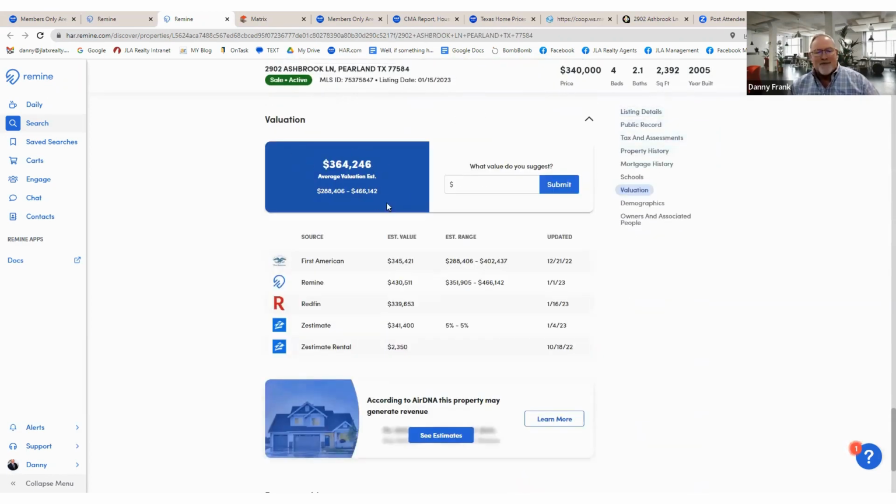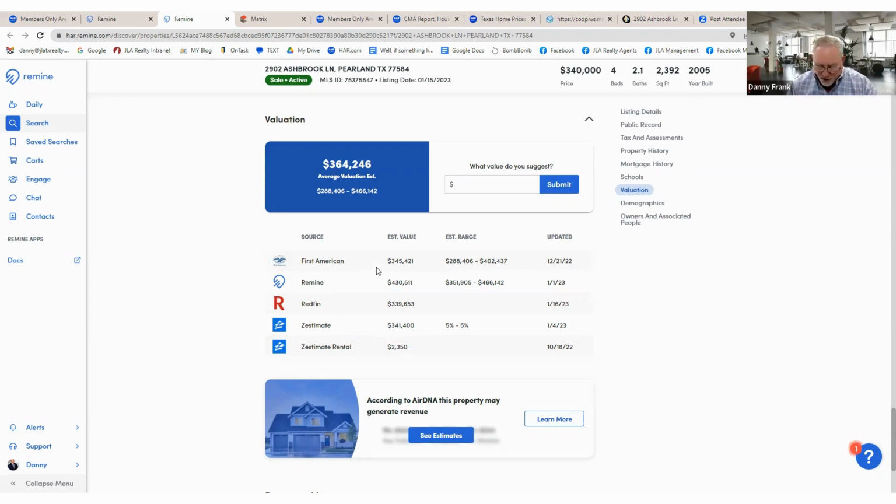So it came up with this average right there. But I'm trying to come up with my own average, so I don't want to use somebody else's average. So what I'm going to suggest that you do is really not pay much attention to that average, unless it's just a one-stop shop, you go in there and look, it'll give you a great average. That's a given. So let's look at these numbers here: First American, Remine, Redfin, and Zestimate. We already have a Zillow estimate. I may correct that price a little bit because it's a $400 difference. So I'm going to go into my paper and I'm going to write 341,400 for Zillow.